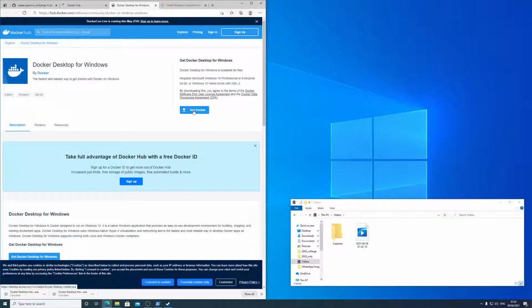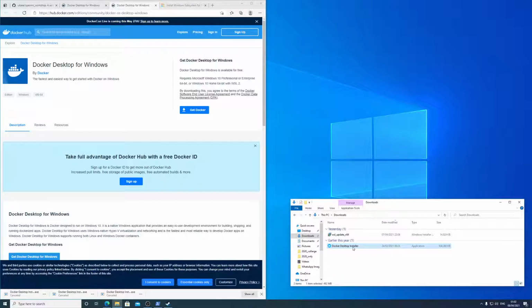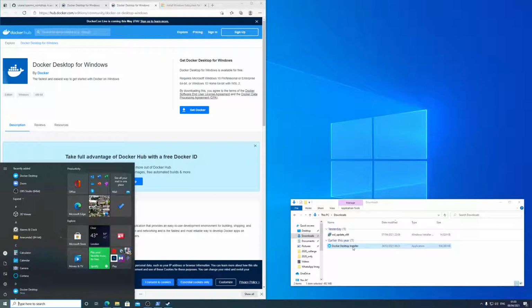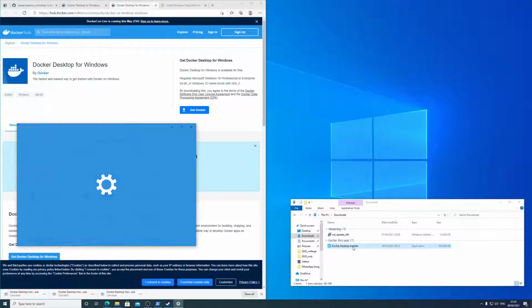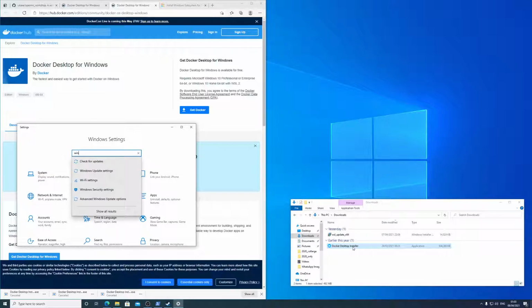So you can click Get Docker and download. Now that's about a 500 megabyte download, so it will take a bit of time. So I won't download it now. I have already downloaded it, so that will be used. However, what I would do first is just go into Settings and go to Windows Features